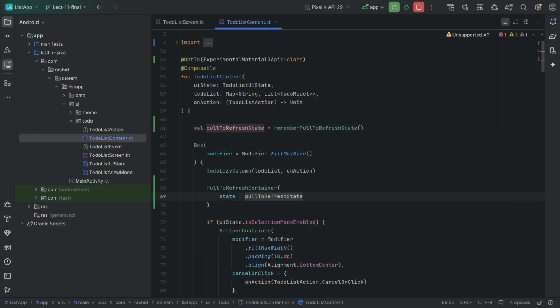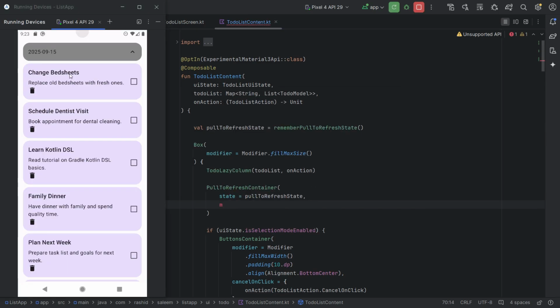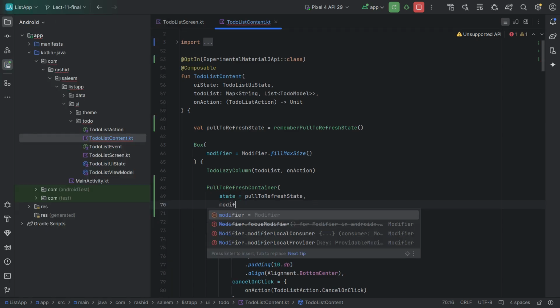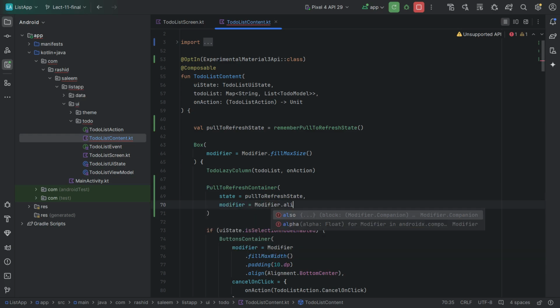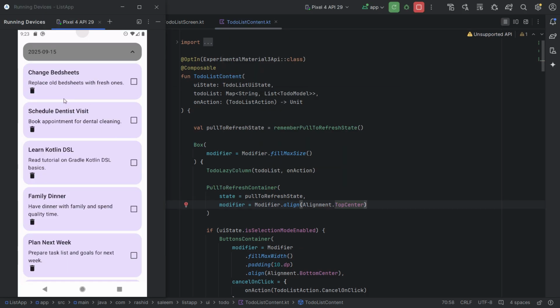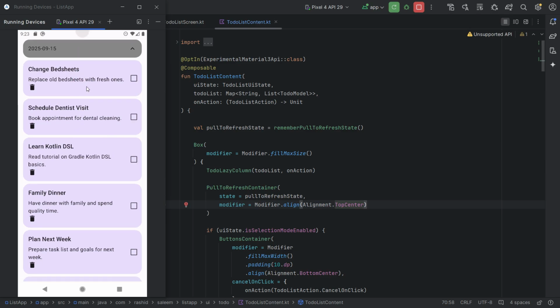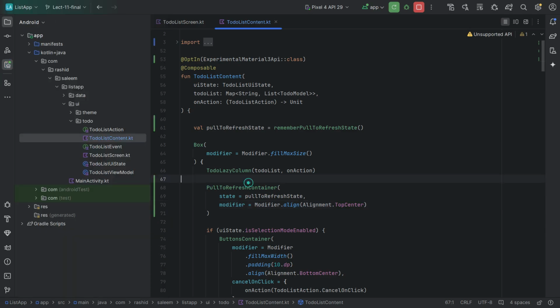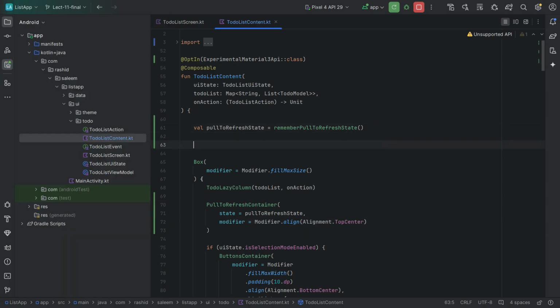Also apply the alignment for this one, so that this loader is shown at the top center. For that we use modifier dot align, alignment dot top center, and when the user does this operation, then we need to refresh the data. So for that we need to send an action to our ViewModel. To identify that event,